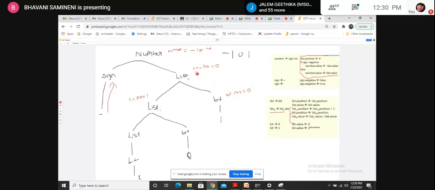List 0 dot value is equal to list 1 dot value plus bit dot value.